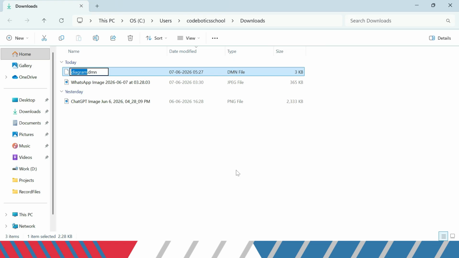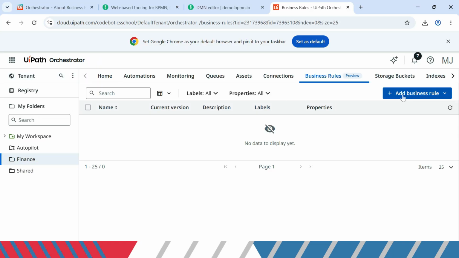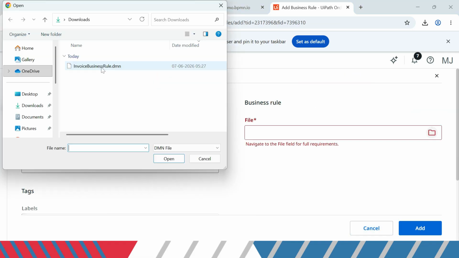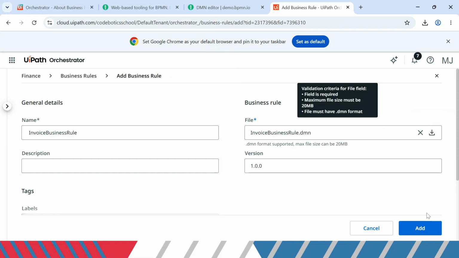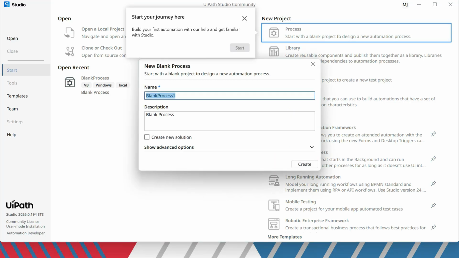Let's rename it, then navigate to your UiPath Orchestrator. Click on this, click on add, and click on add again. Now let's create a new UiPath project. Mention the name of the project. For example,